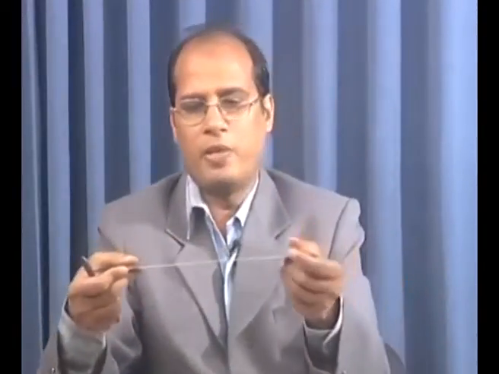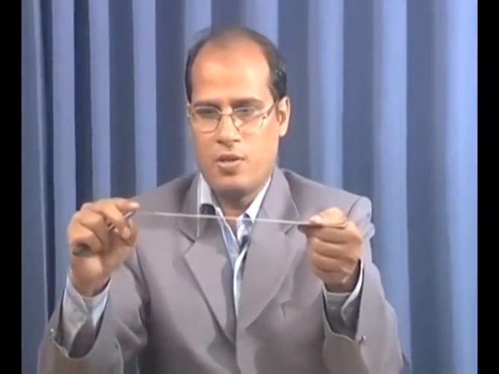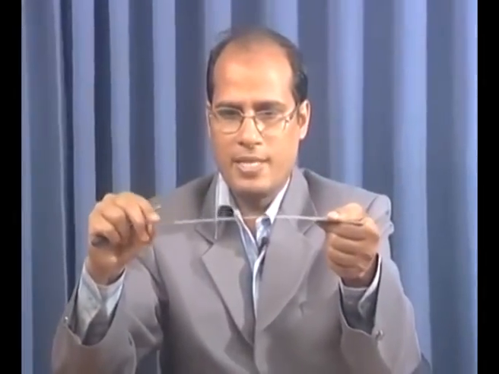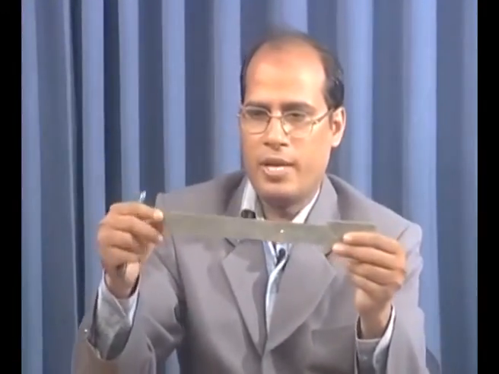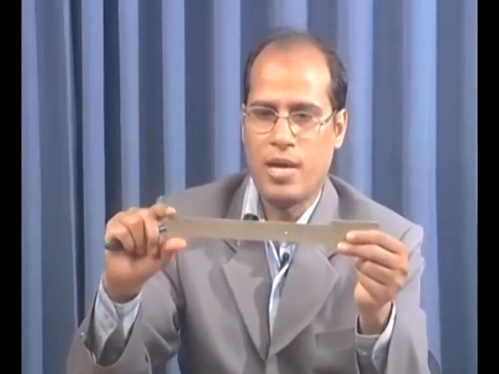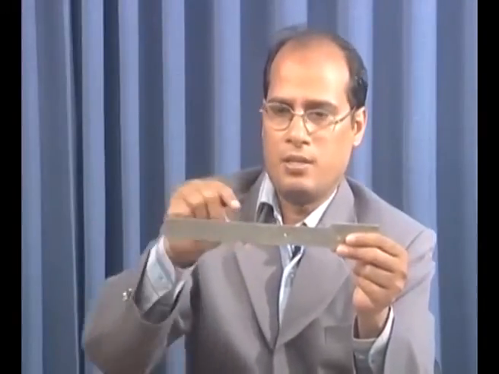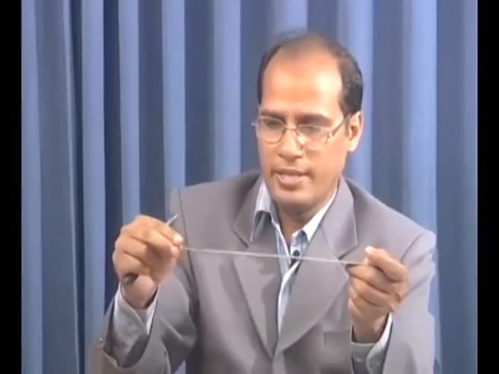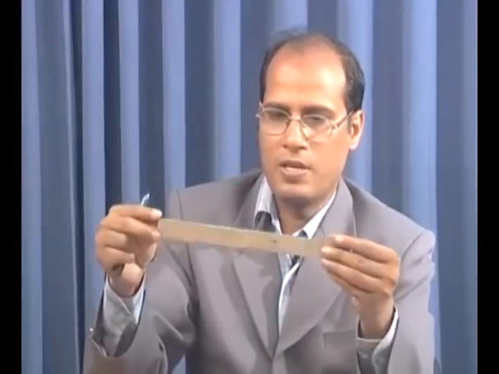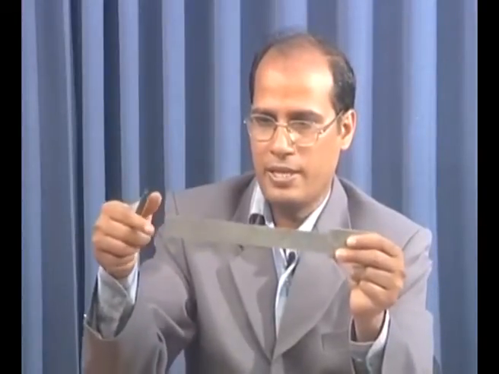So, let us take this simple aluminum beam. If I push it, the vibration will take place in this transverse direction, and if I take it this way and push it, it will not vibrate. You can note that in this direction its inertia is more compared to this direction. That is why in this direction it vibrates, but when I rotate it and keep it this way, there will be no vibration in this direction, but it will have a vibration in this lateral direction.